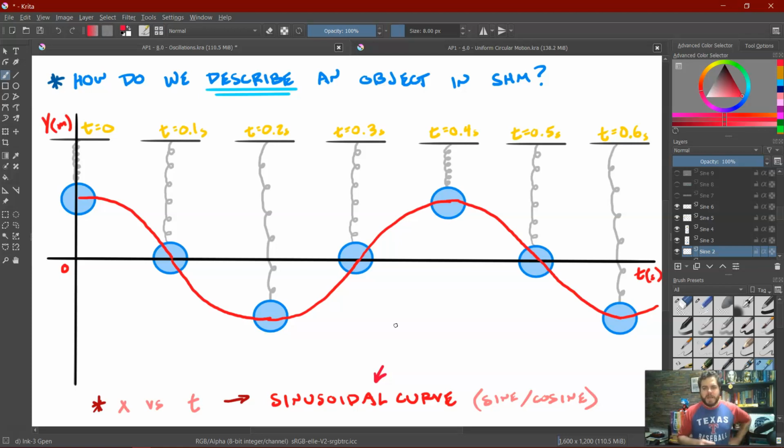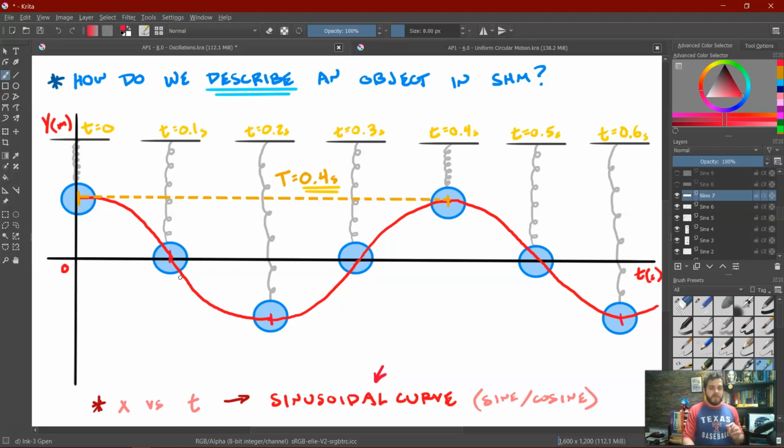And looking at this graph, are there a few things that we can identify? Well, first off, we could say the period, which would be the time for a single cycle, so that goes from when the ball is at its highest position back to when it returns to its highest position, is T equals, and we just count here, 0.4 seconds. Now, if you want to figure out the period from one of these graphs, we can either do what we did here and go from the crest to the crest of the graph. We could have gone from the trough to the trough of the graph, or if we went from the center,